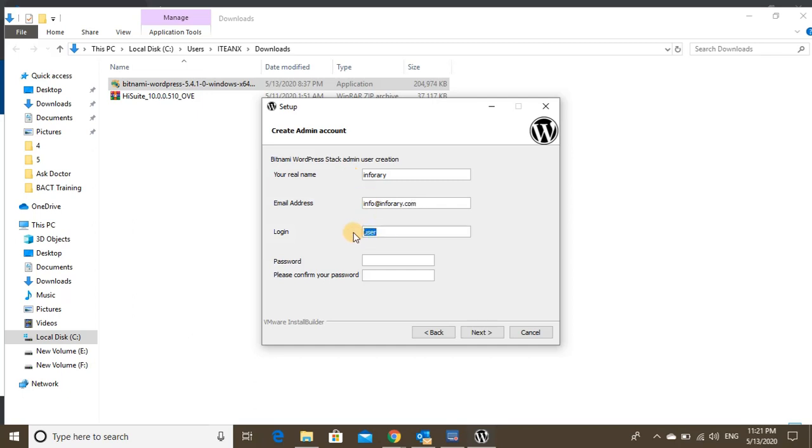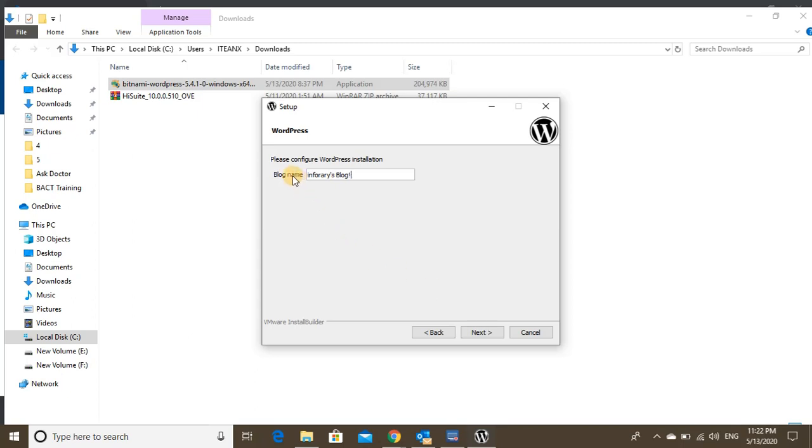Here type your login name, that is your username that you will use to log in to your dashboard. Type it here, and also save it in another place or in an Excel sheet to remember it for future logins. Okay, now type a password and re-enter the password to confirm it. Click next.